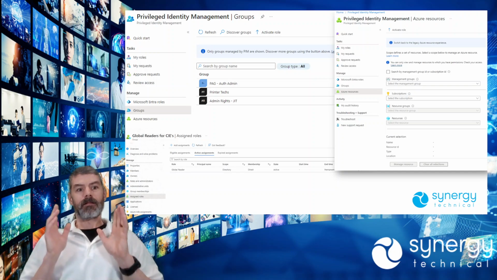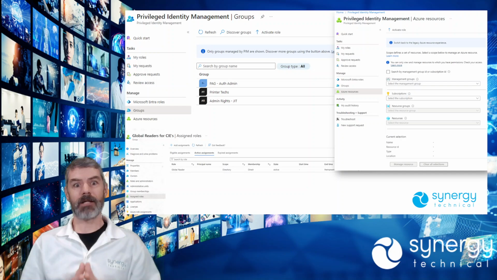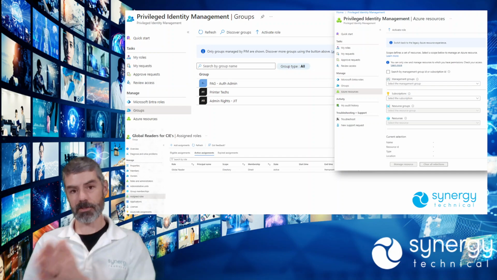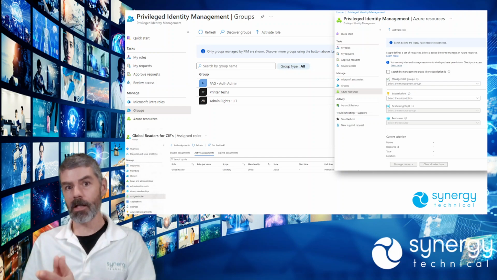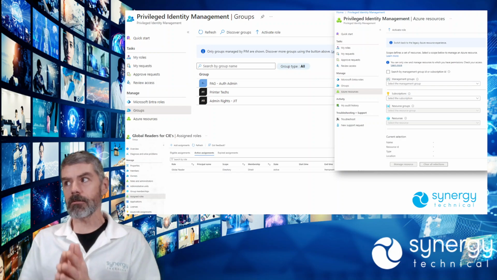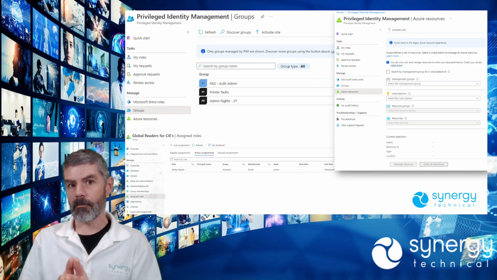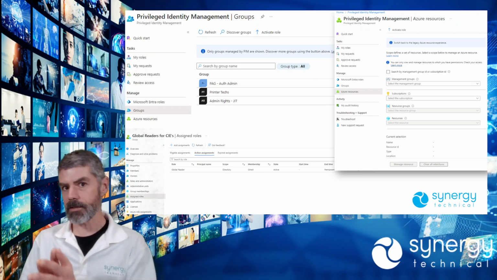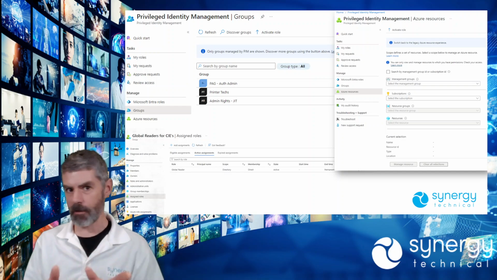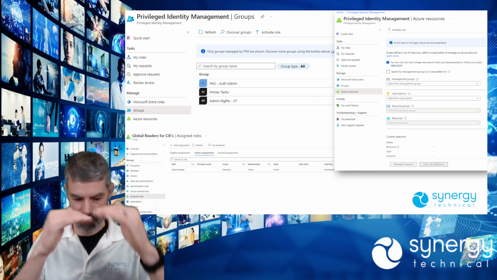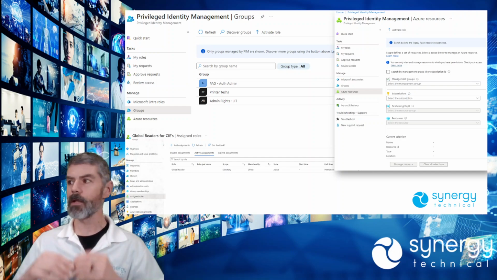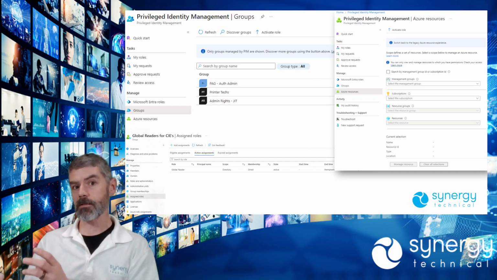So the other thing that we can do is actually add privileged identity management to groups and to Azure resources. Now, I touched on Azure resources for a moment, but I will point out Azure resources do not present their roles in the same way to PIM that Entra does. Entra is very tidy. If I want to be a global admin, I know exactly what the rights are that are going to align to that. With Azure resource roles,